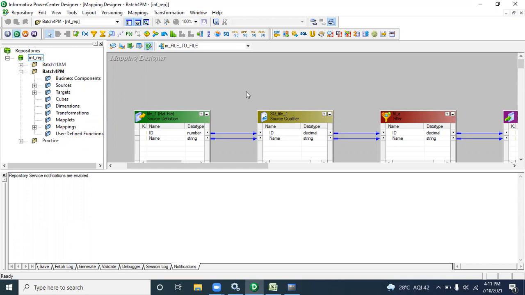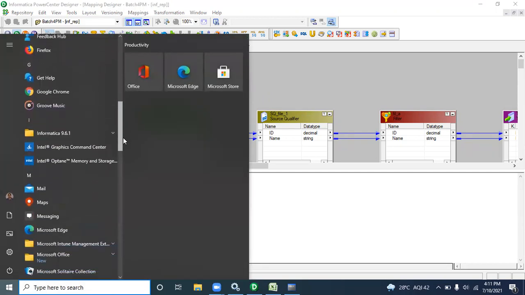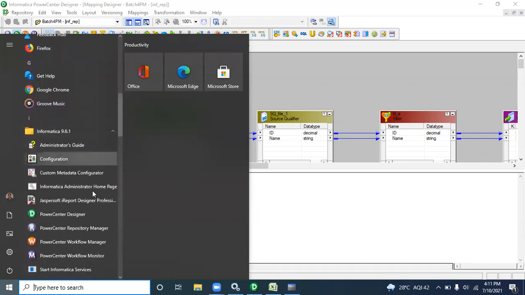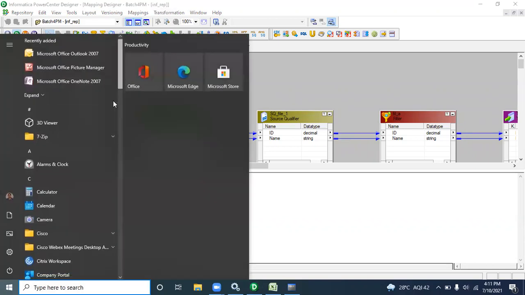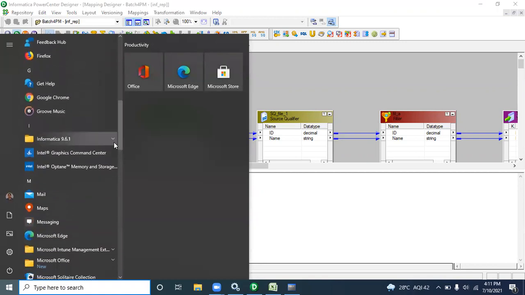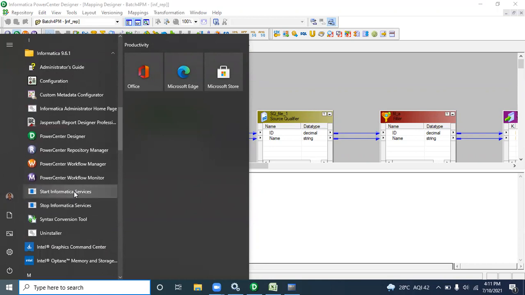Have you got the services, or go directly from the Windows start button to Informatica? Yes, then start services. Inside Informatica 9.6, start Informatica service is there, right? Start Informatica service.